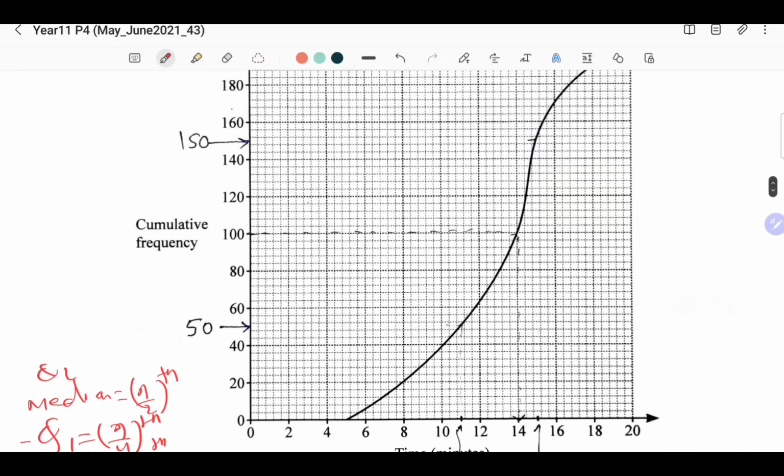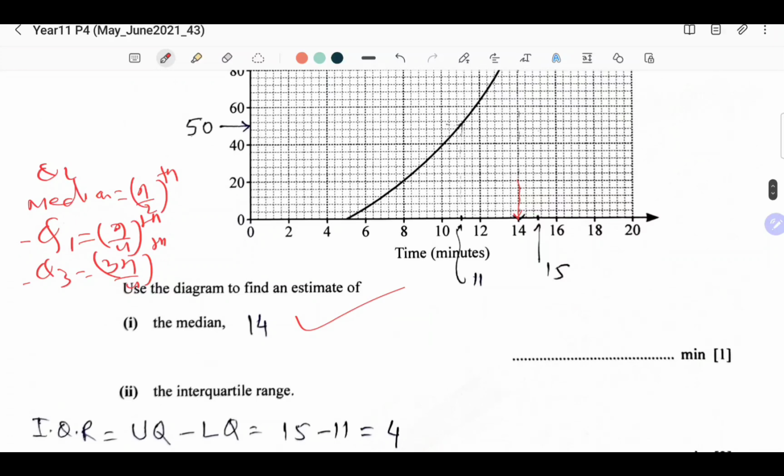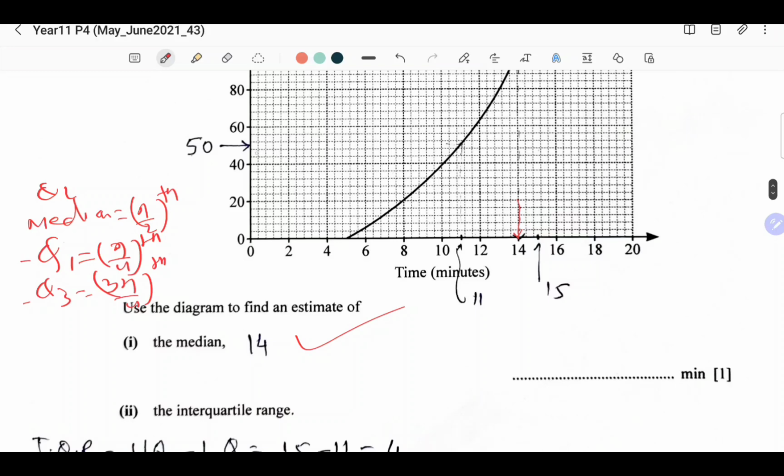So where is 100? This is the 100, right? So just draw a horizontal line here and then draw a vertical line here. So it's 14, right? So median should be 14. Now interquartile range, so 200 over 4, that's 50. So draw, this is 50. 50 can be somewhere here,